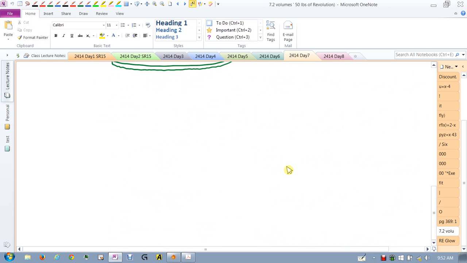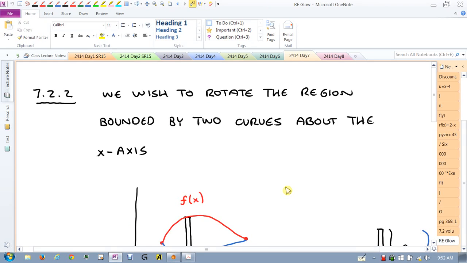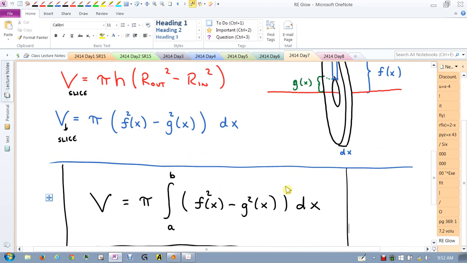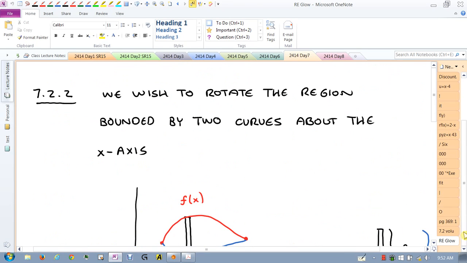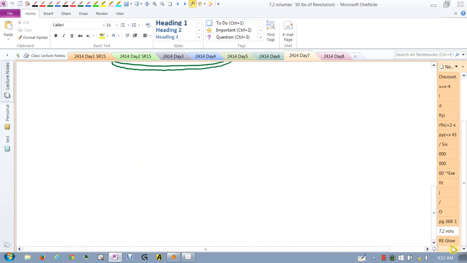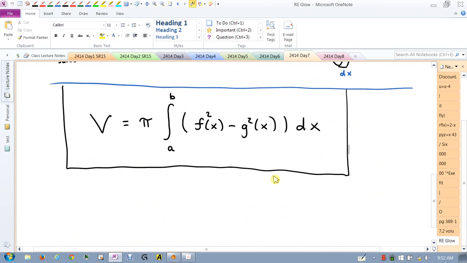Did I not put in here? I thought I put in here that your rectangle is always perpendicular to your axis of rotation. I said it. I don't think I wrote it down, did I? I don't see it anywhere. Just remember this right here, this method. If you go back up, we'll put it right next to the formula so you have it. Right here. Just remember that your rectangles